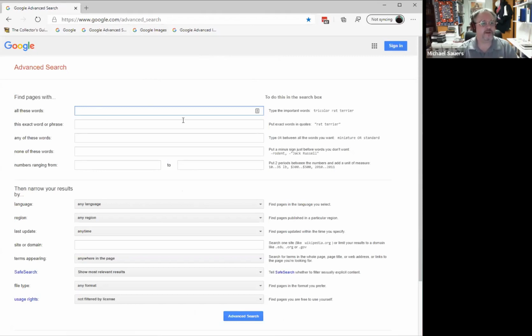For example, if you want to search all of the words, which is the default. So I wanted to search Dean and Koontz. I wanted to search both of those words. Or I could search a particular phrase, meaning those two words must be next to each other. Any of the words means, let's say if I typed in Dean Koontz, it could be any site that has the word Dean and any site that has the word Koontz, and they could have absolutely nothing to do with each other.